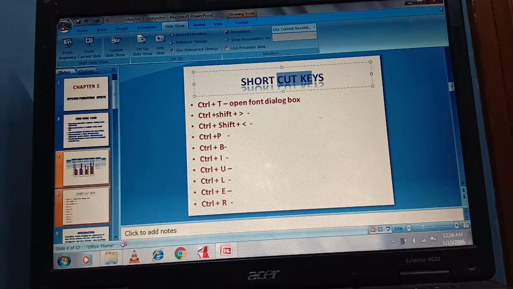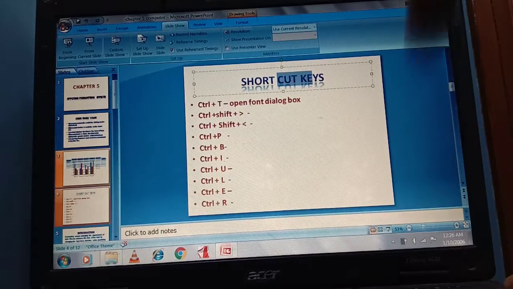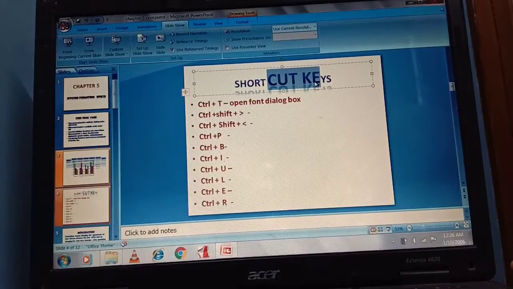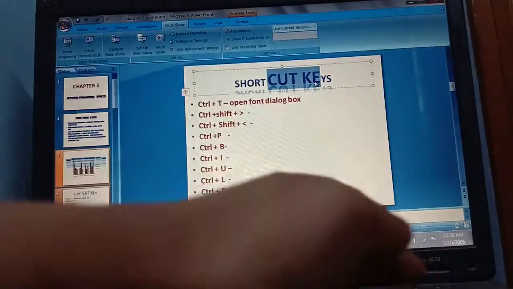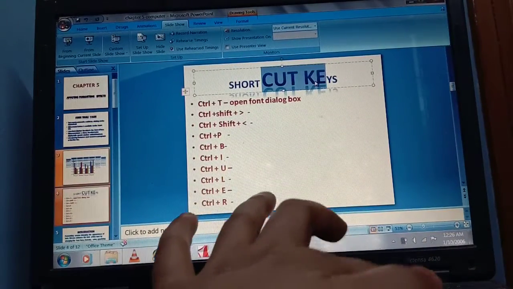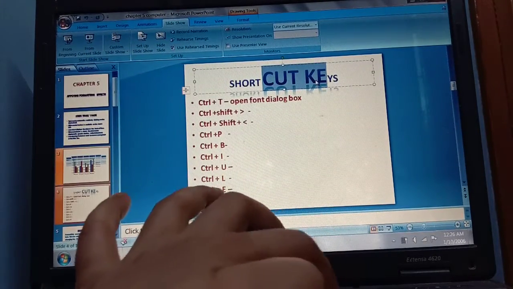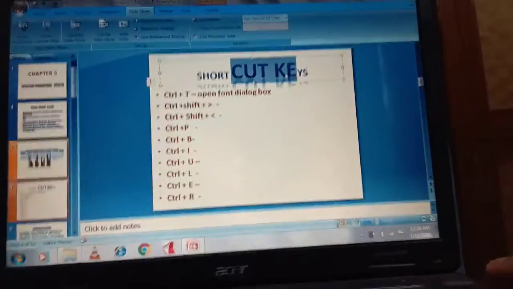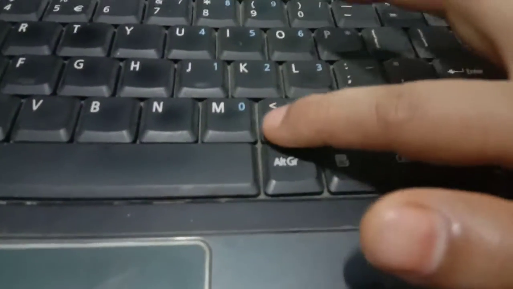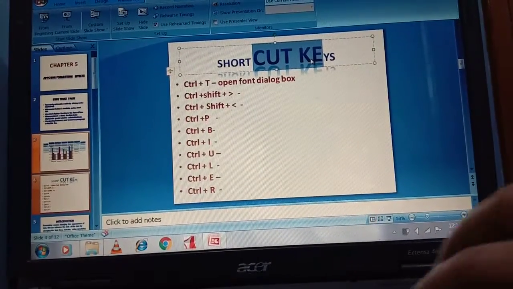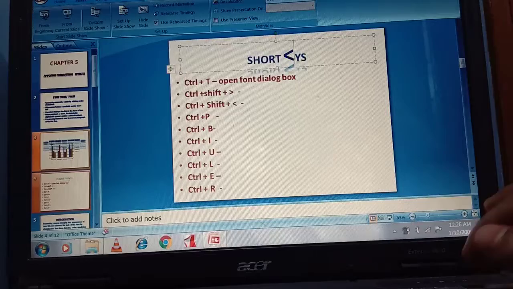Now Control Shift and this key. Can you see this? Size is increased. Can you see this change? Size is increased. And now I want to decrease. Control Shift and this arrow button. Can you see this? This is the arrow button. These two arrow buttons we have to use for increasing and decreasing the size. Oh, sorry.